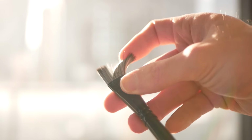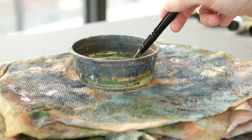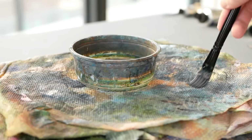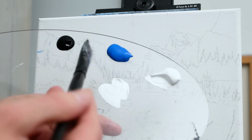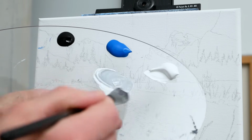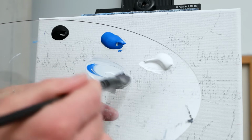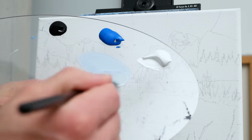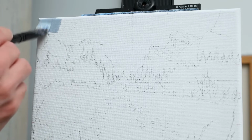We're going to begin here today with a 1-inch flat-headed brush, and we will dip the bottom third of it into a little bit of water, then proceed to wipe off the excess. This will just help keep our paintbrush wet for a little bit longer. And with that, we'll add a lot of white to a little bit of Mars Black and a hint of Cerulean blue. This should mix a fairly cool gray, and it'll be a great pigment to start applying in our